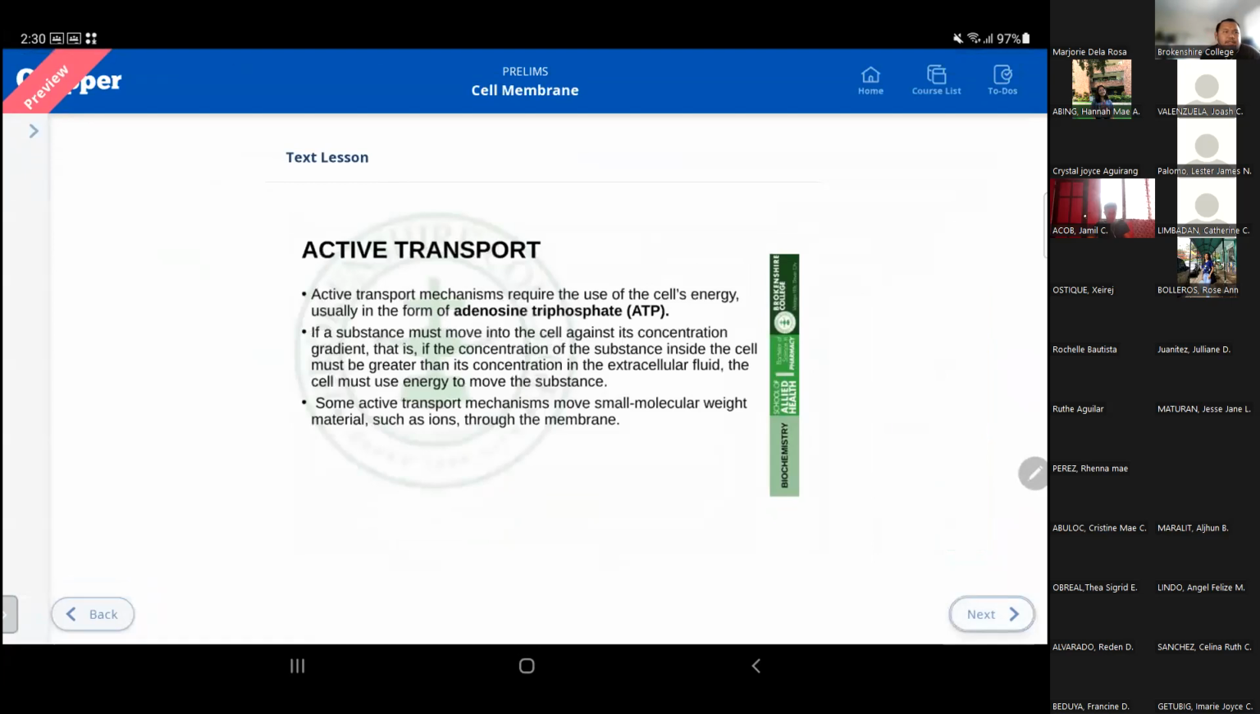So now let's proceed to active transport. Since we're done discussing passive transport, diffusion, facilitated diffusion, and osmosis, we also have active transport, which requires cell energy in the form of ATP or adenosine triphosphate. So under this,